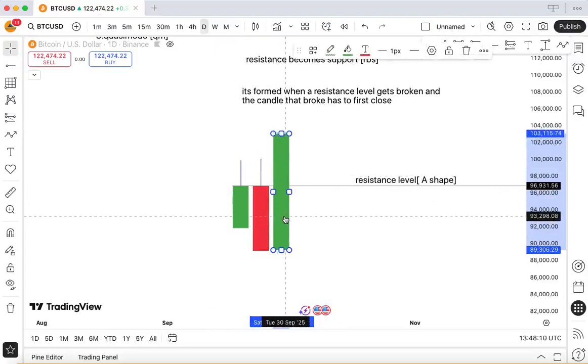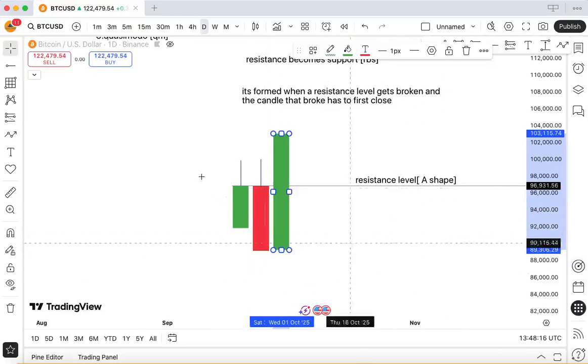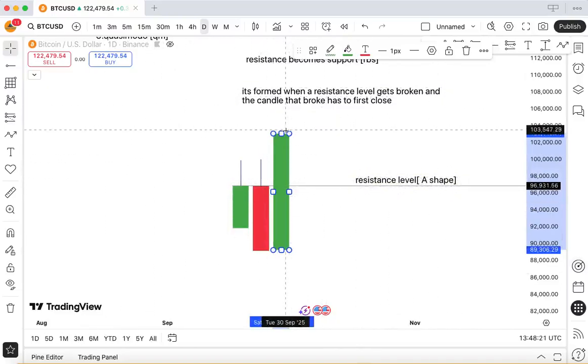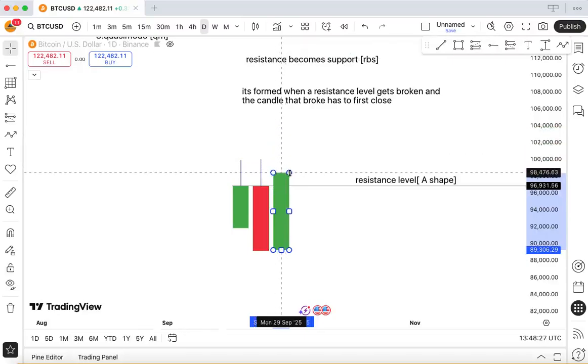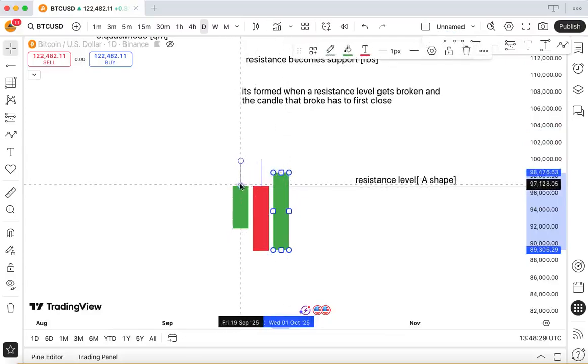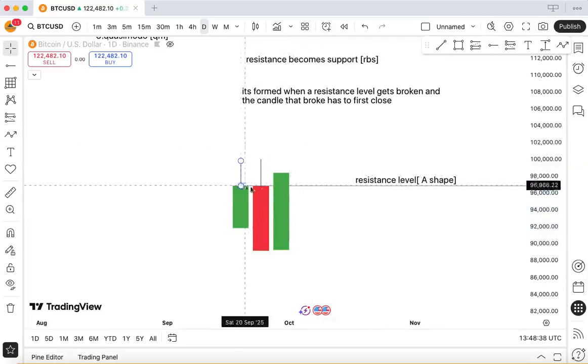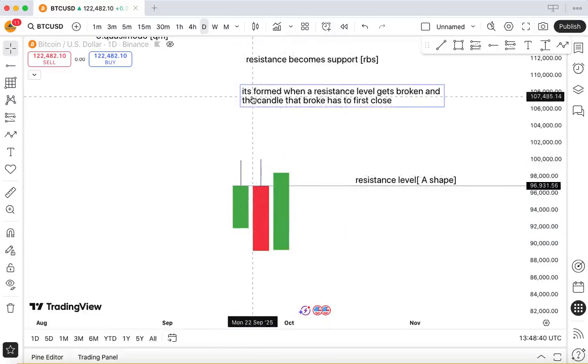You see, in this strategy, we care less about the wicks. You understand? We care less about the wicks. All you need to see is a candle closure. So if it does close from here, maybe people are making noise here. If it closes like this, even if the wicks are still higher, I've said it is formed when